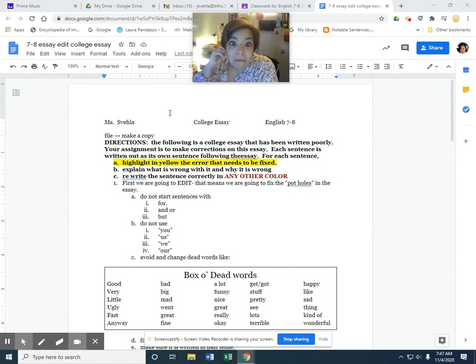Okay, so now part of the problem is that we can do the speech to text. So a lot of times what we'll do is we'll speech to text and then we'll hand it in. Well, the problem is that a lot of times there are errors when we do that. Speech to text is fine, but you need to go back and you have to edit. So we're going to practice editing, and revision is a separate thing.